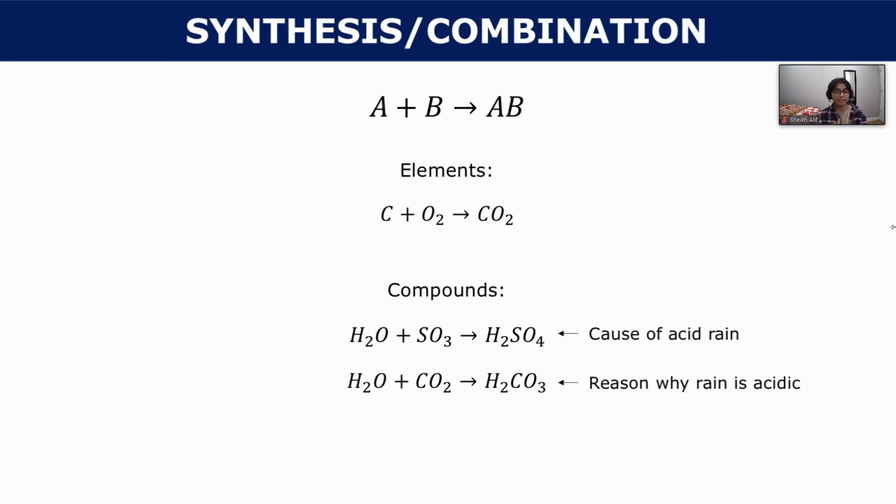So SO3 is a major pollutant, and when it reacts with the water falling from the atmosphere, you have that acid rain. But naturally, you have carbon dioxide as well. So the carbon dioxide in the atmosphere reacts with the water and creates carbonic acid, and that makes rain naturally acidic. At this point, you might be wondering why the O2 here has a subscript of 2, and that's because